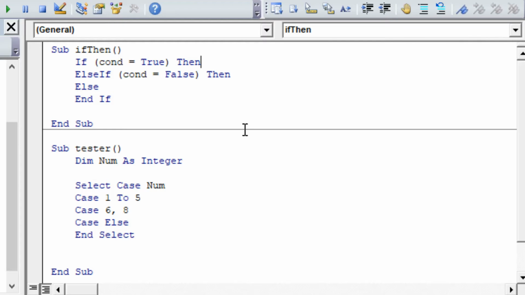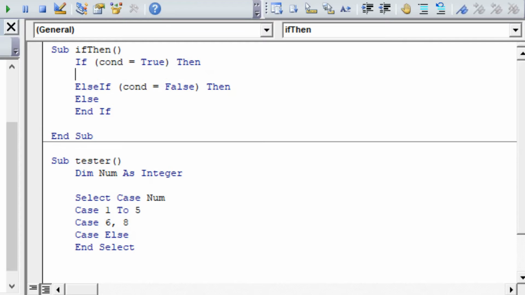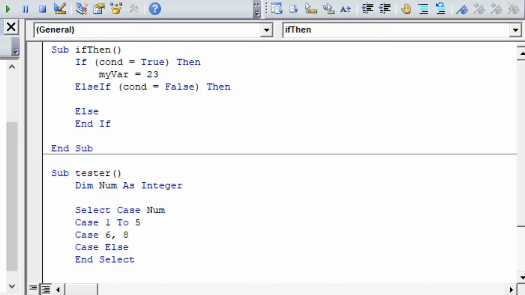It goes if whatever the condition is equal to true, or if whatever the condition is equal to false, then I go ahead and do some stuff. So I might say my var is equal to 30 or 23,